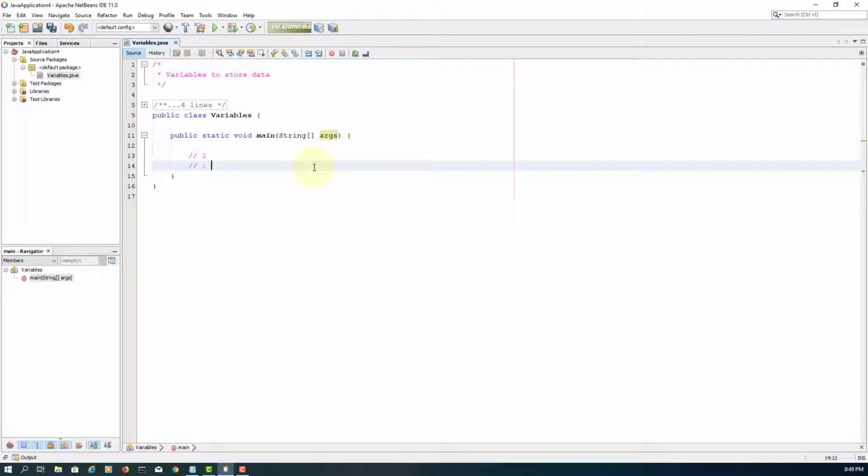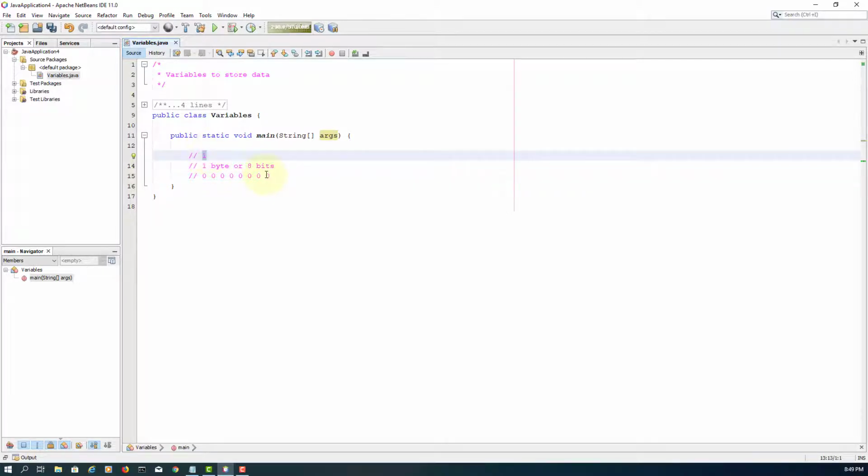Let's look at the number 1. Number 1 is actually an integer. It needs at least 1 byte using the Java programming language, or 8 bits. So let me write it down: 8 zeros means 8 bits. And if you look here, according to binary code, if you write it down, number 1 means 0000001. If you look at the numeric value 10,